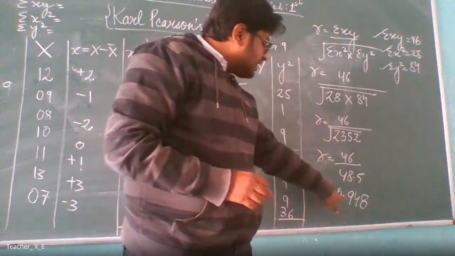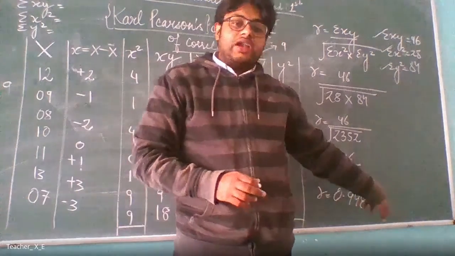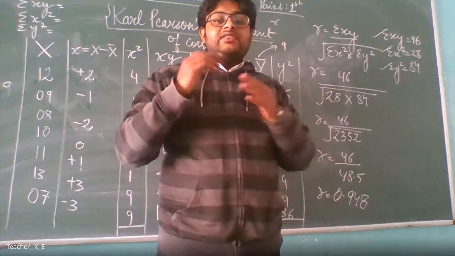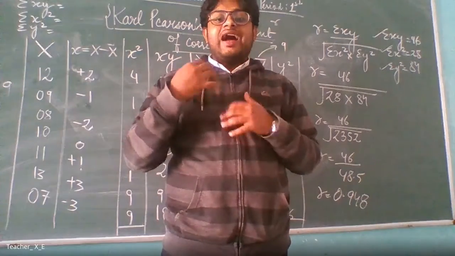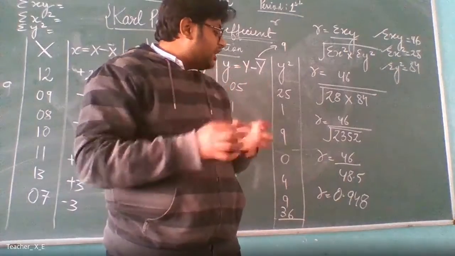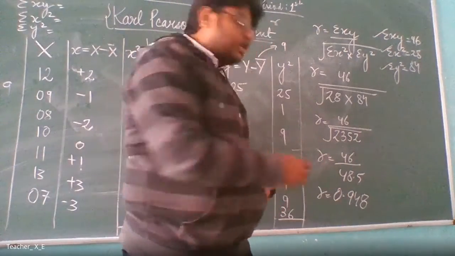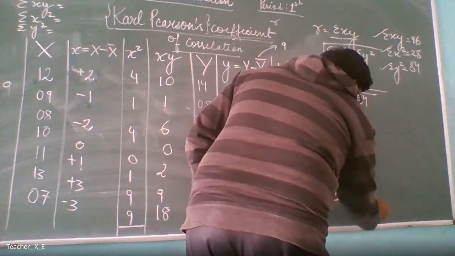And we can see that this value 0.948 is very close to 1. ये 1 के बहुत करीब है. Then the degree of correlation is very high. X और Y में positive correlation है and the degree of correlation is very high because the value is close to 1. This is what we can